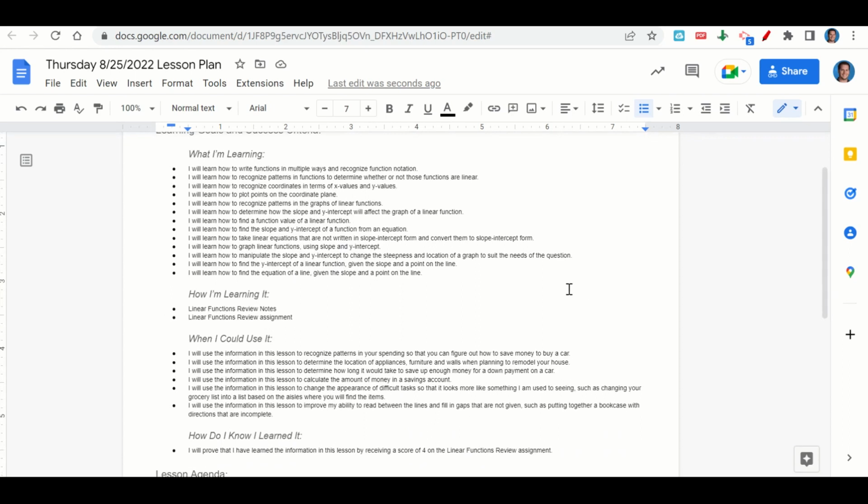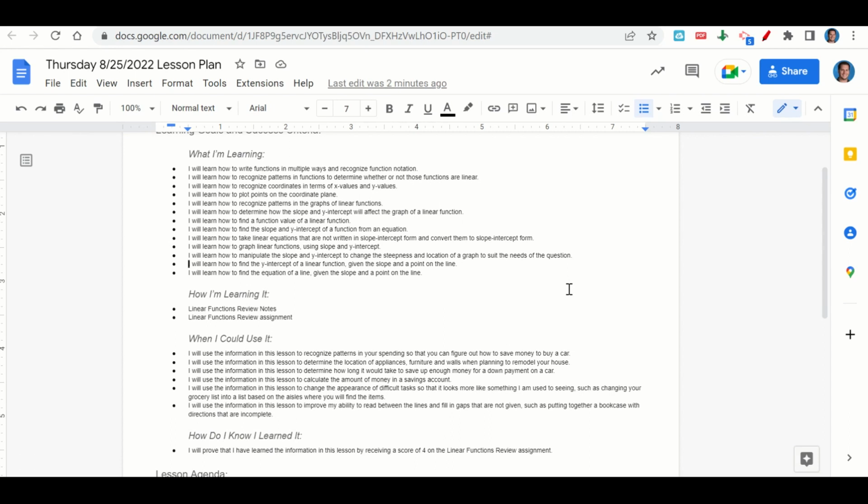When can we use this information? To recognize patterns in spending so that you can figure out how to save enough money to buy a car, to determine the location of appliances, furniture, and walls when planning to remodel your house, to determine how long it will take to save up enough money for a down payment on a car, to calculate the amount of money